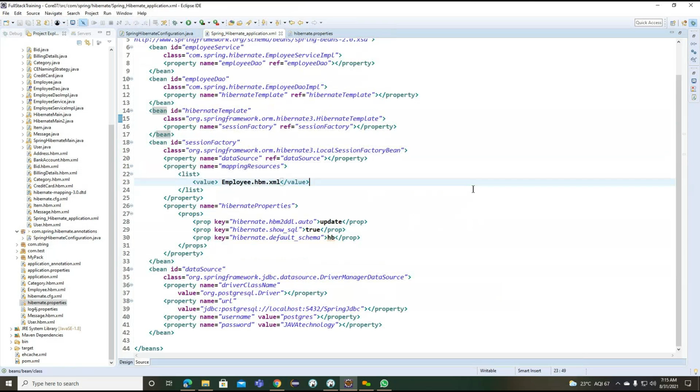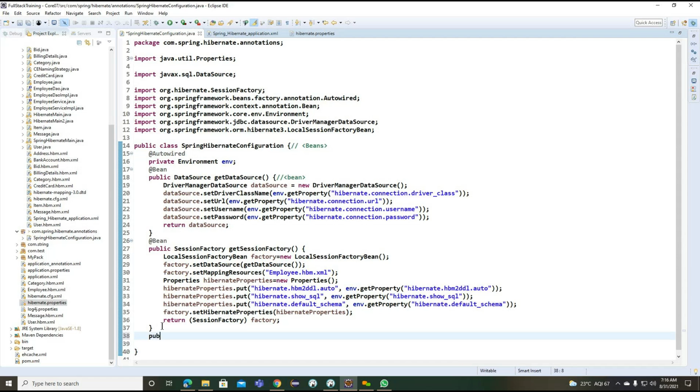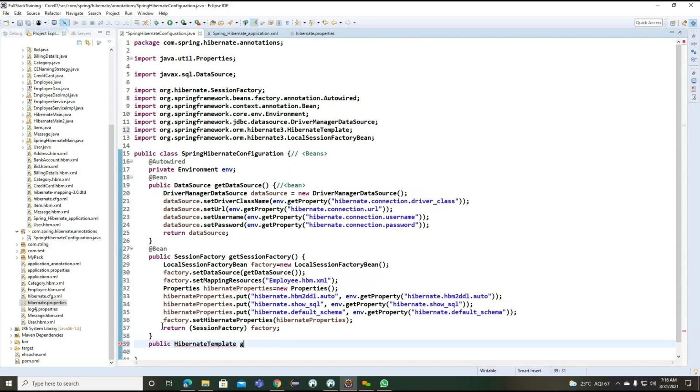Now what is the next step we need to create here? Hibernate template. Hibernate template we need to create here. Okay, so let's see how we can create this particular Hibernate template. Hibernate template here.